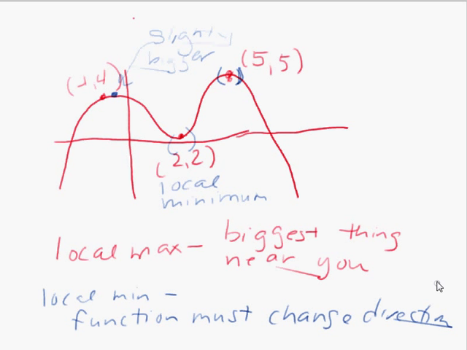Go ahead and ask your question. So -1, 4 is considered a local maximum? In the way it's drawn in the book, that is a local maximum. Okay. Alright, so let's do another